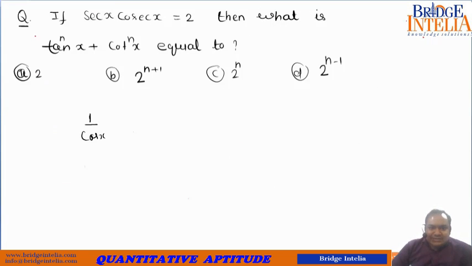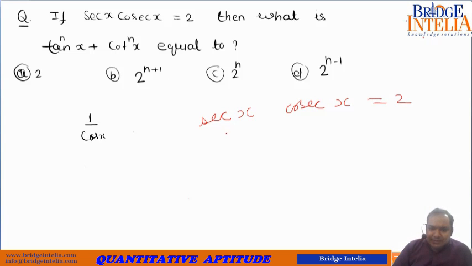So sec x cosec x is equal to 2. Then what is the value of this expression? So for some, this question will appear to be very complicated, but for those who are into practice, those who have mugged up the trigonometric table very well, see how easy this becomes for you. Just see the power of remembering the trigonometric table. Sec x cosec x is given to us as 2.